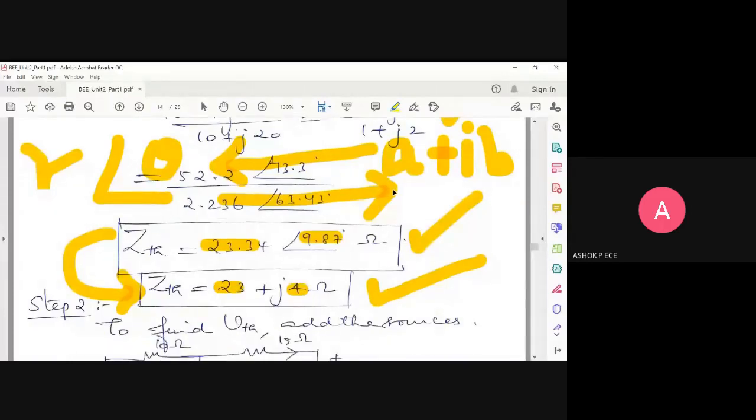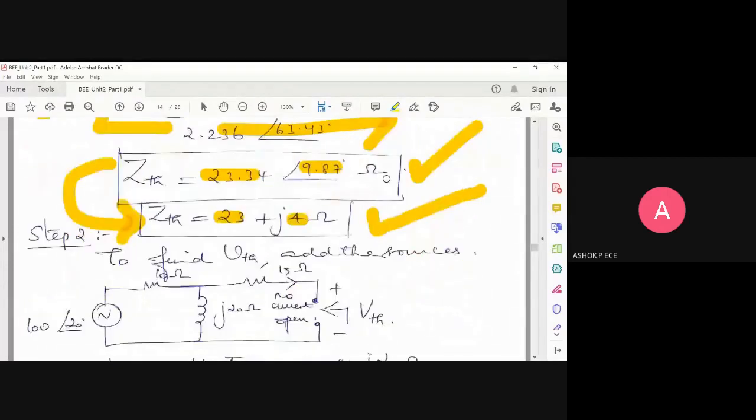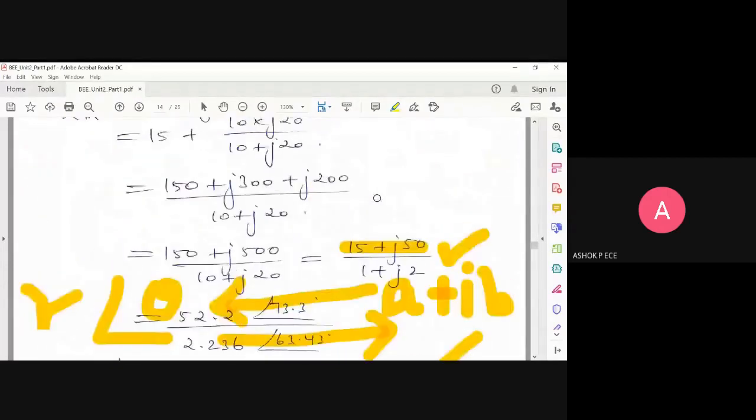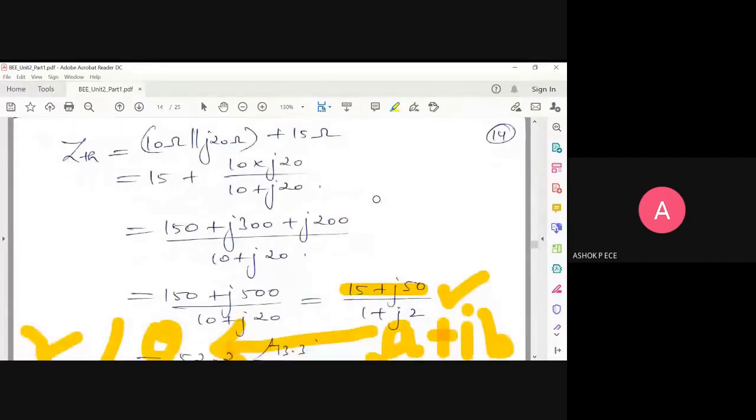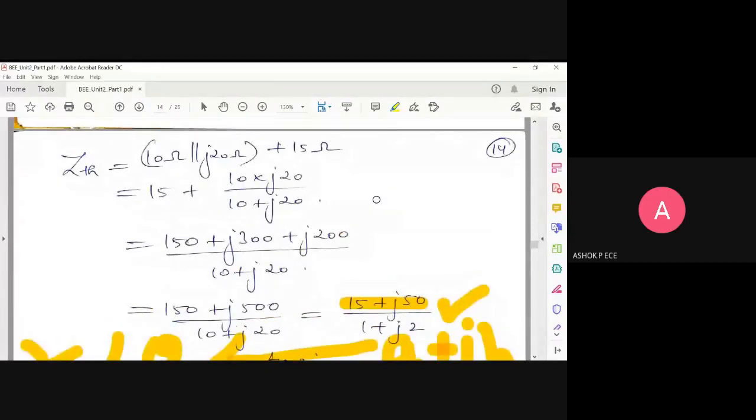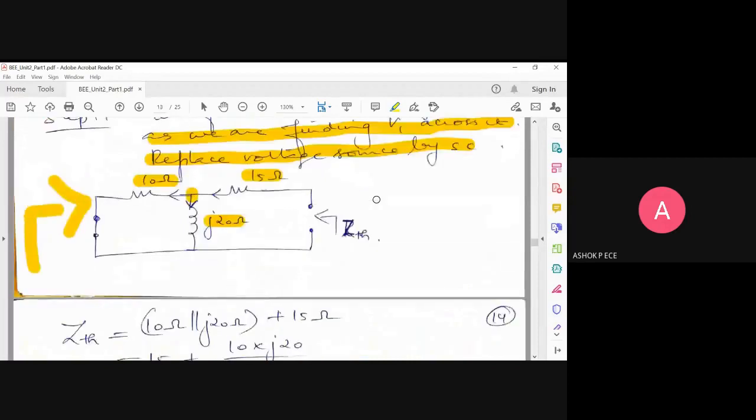See, AC circuits mostly will not come in your exam. But in case they ask, you should not blink, right? That's why I'm taking one sample problem for AC, how to solve Thevenin's theorem using an AC circuit. You cannot say 100% that AC will not come because theorems are valid for both AC and DC. So 95% DC circuits only will come. In case AC circuits come, you should not say that it was not taught. So that's why I'm teaching this example to solve Thevenin's theorem in an AC circuit.